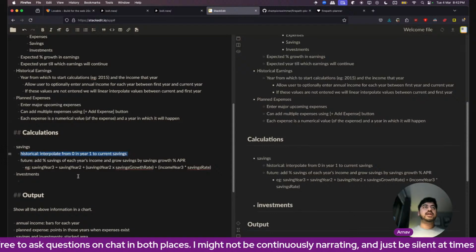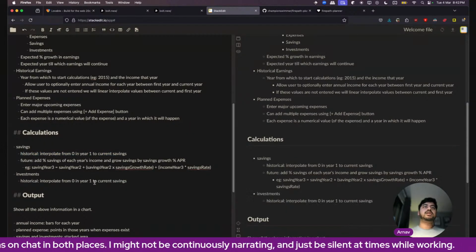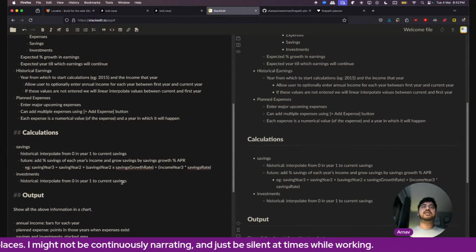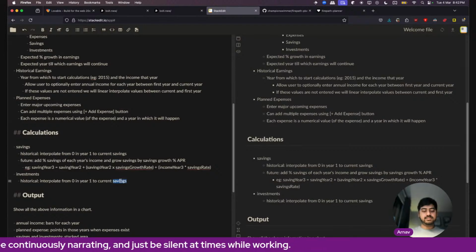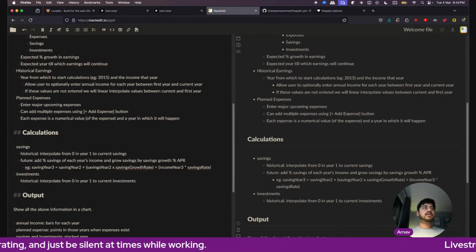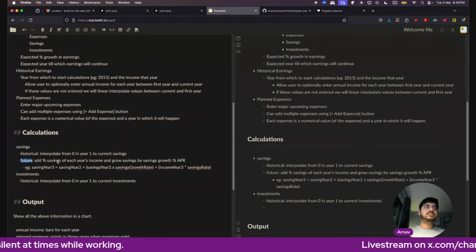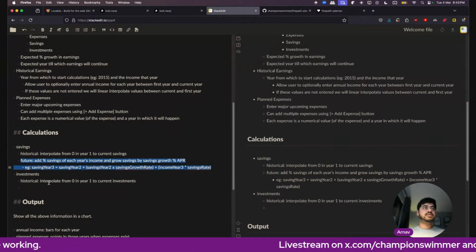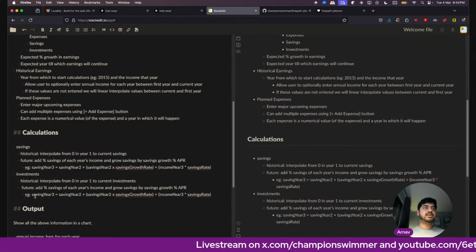Historical: I'll just interpolate data from 0 in year 1 to current investments. Future, fairly similar.